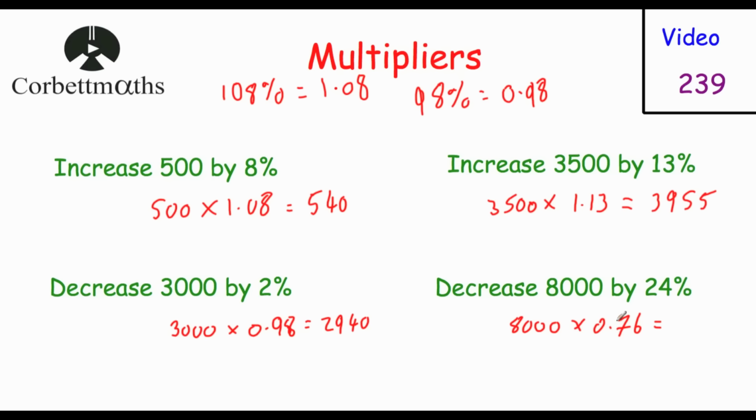And if we multiply those, we'll get our answer straight away. So 8,000 multiplied by 0.76 is equal to 6,080. And that's it. So this topic of multipliers will be really useful whenever we're looking at compound interest, because if